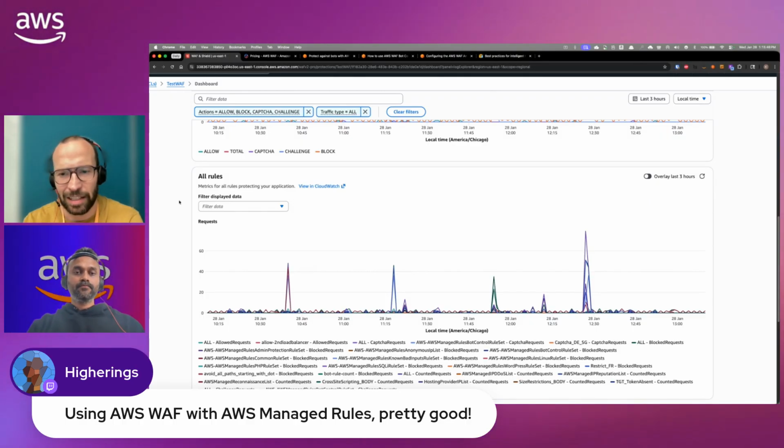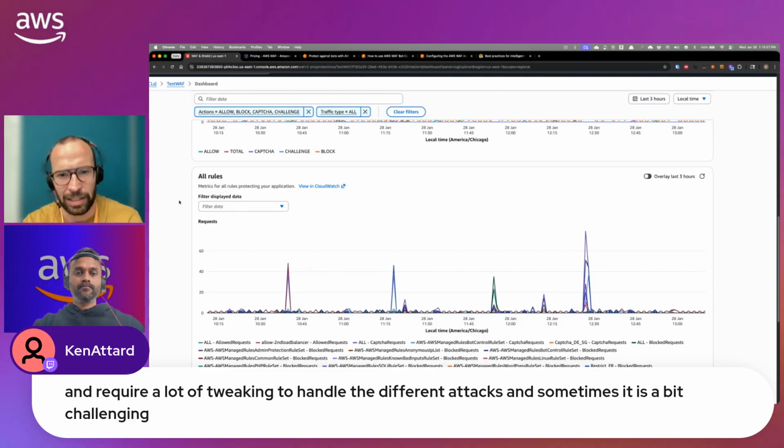Got it. And then I see a question from Ken, who says they're using WAF a lot, but it can get difficult with tweaking and adjusting it for different attacks. I wonder if you're going to be touching on that a little bit. And also wonder, Ken, was this when you were using protection packs? Maybe that's also solving some of those problems. Those protection packs are definitely making your experience easier from a console point of view. But if you're deploying WAF using Terraform or CloudFormation, that experience is probably going to stay the same. So then you still need to figure out how you tweak.